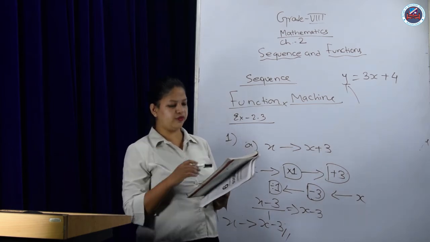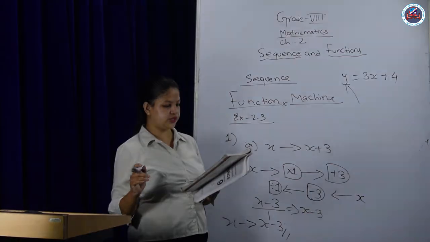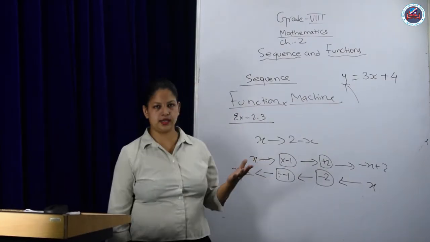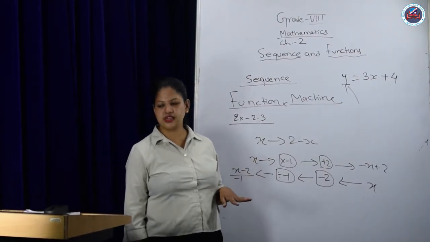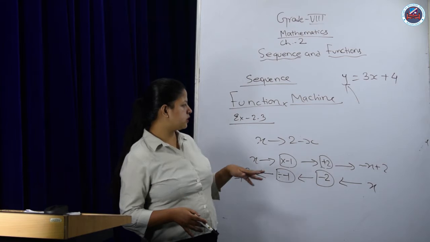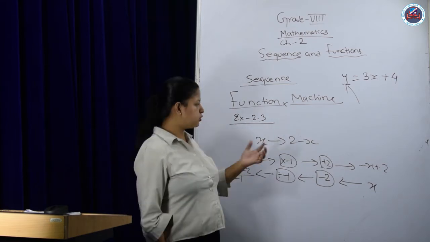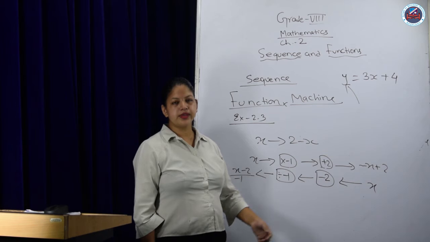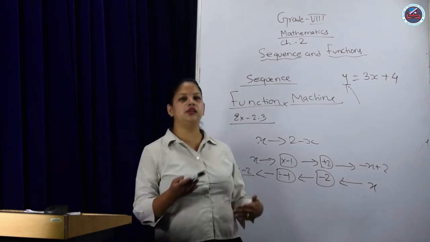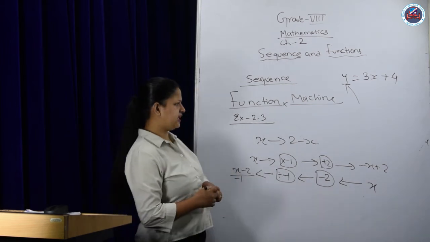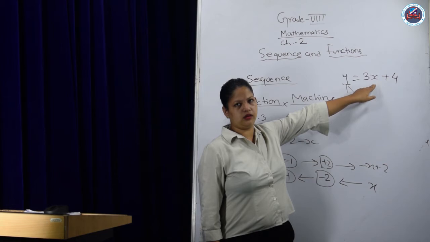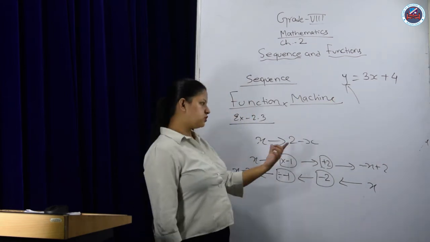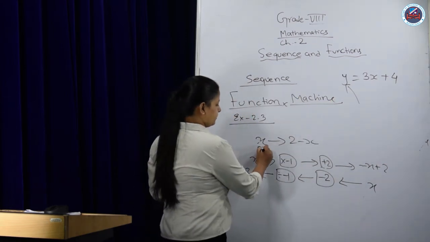There in question number 5, one girl's homework is given if you check. So, in exercise 2.3 question number 5, it is said that Mia has been given homework where the question is like this. X is mapped to 2 minus x and she has to convert it to the inverse function. Now basically everywhere we have put x in the beginning and numbers usually in the back. So let us do the same for this. So what will it be?